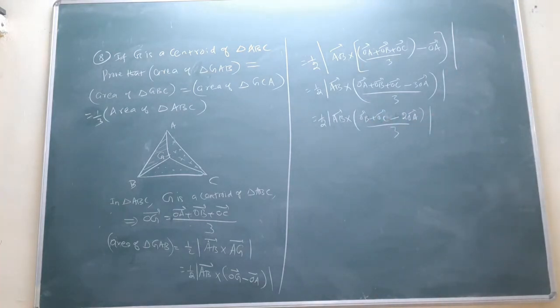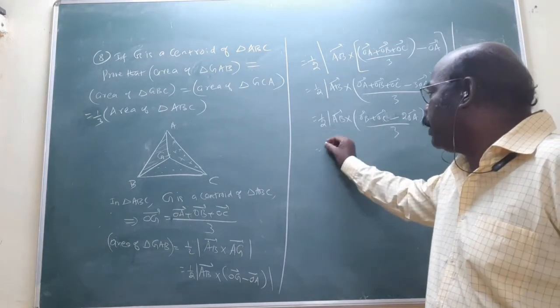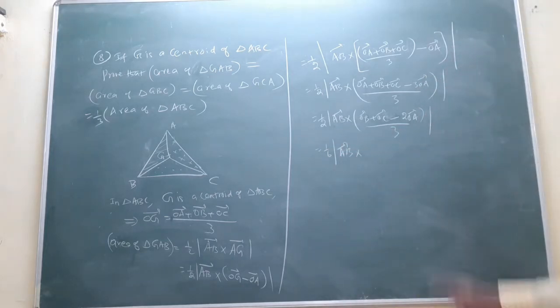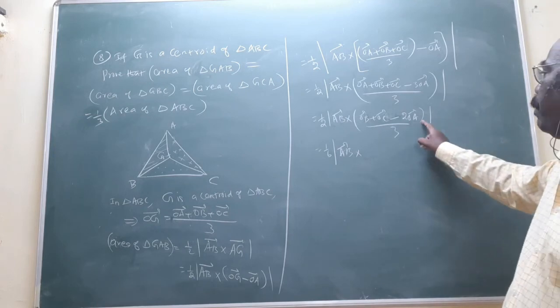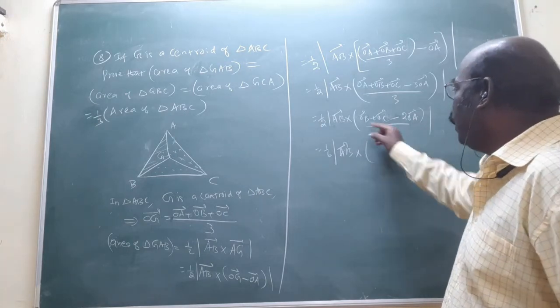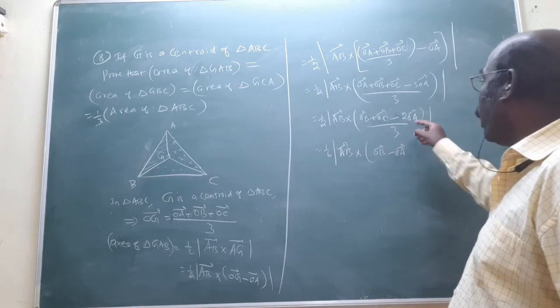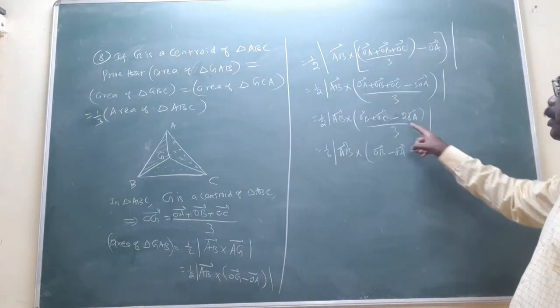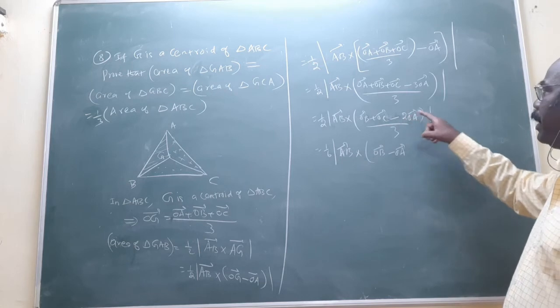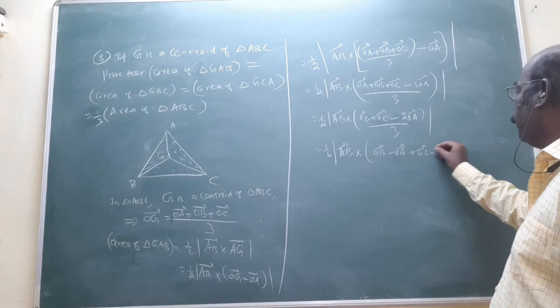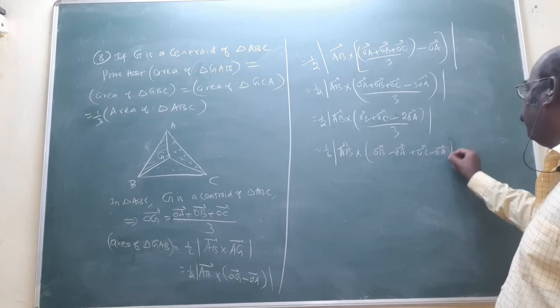Am I right? Next, you want to simplify: you multiply 3 to 6, actually 1 by 6, again AB vector cross the OB minus this 2 times OA. That's why you want to write bracket OB minus OA. Actually 2 times OA is there, you want to split 2 times: minus OA vector, again minus OA vector, 1 minus OA here, plus OC minus OA vector. In this way you want to split.